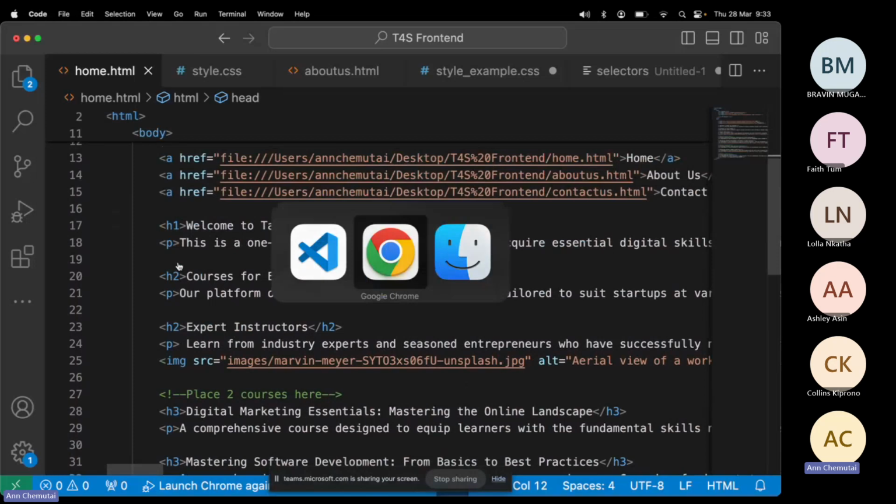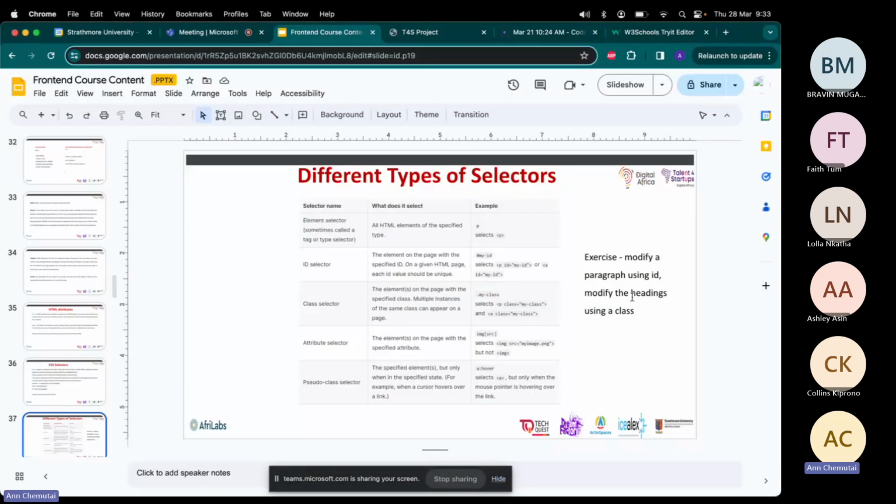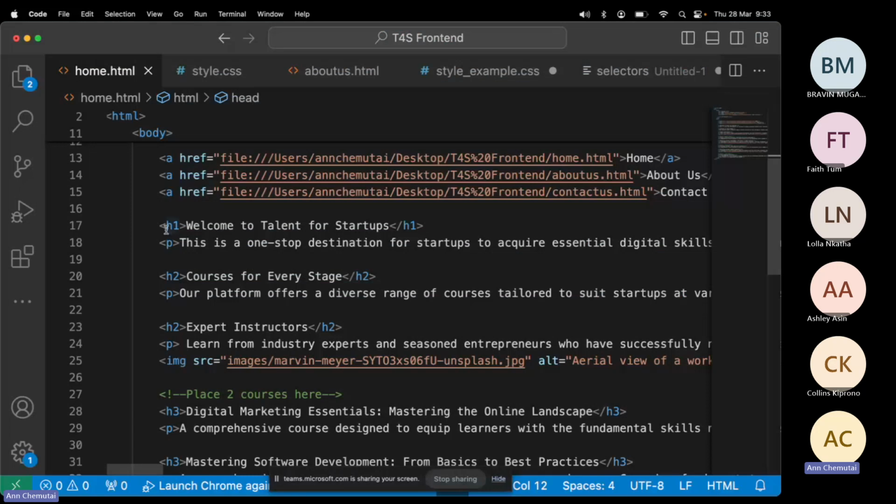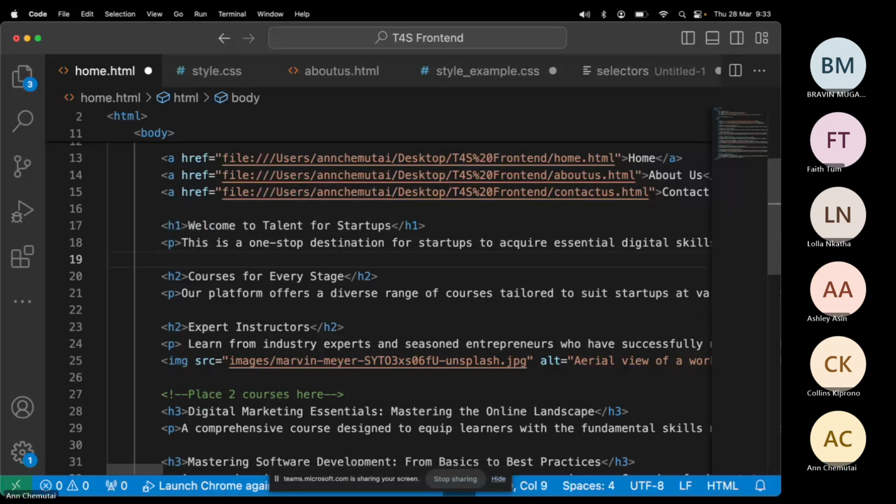The plan is we modify a paragraph. I want to make it look like a quote, something that will stand out to the viewer of our website. Then afterwards, we'll modify the headings. After the first paragraph, where we're introducing our website, I want us to add a second paragraph. This can be any text you think of. Most of the time, people just use the normal lorem ipsum, but I can come up with a simple line that says,